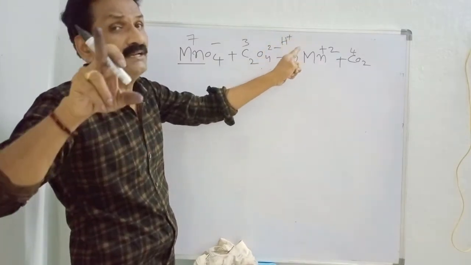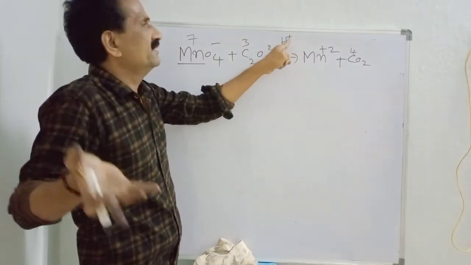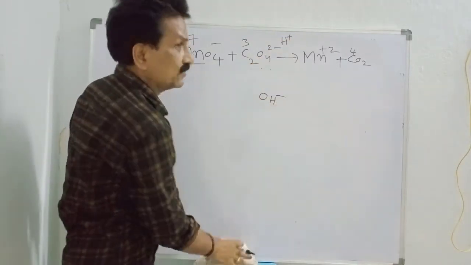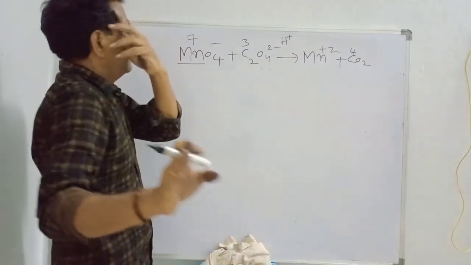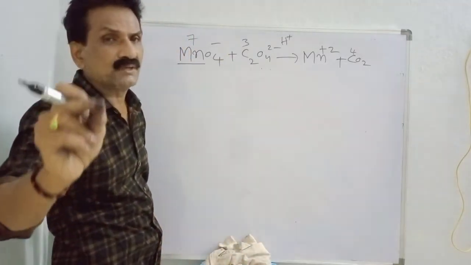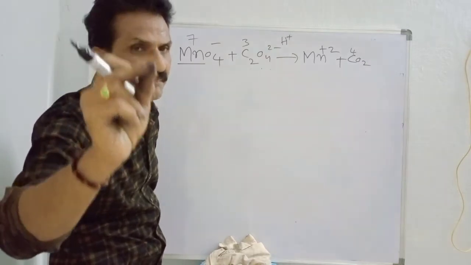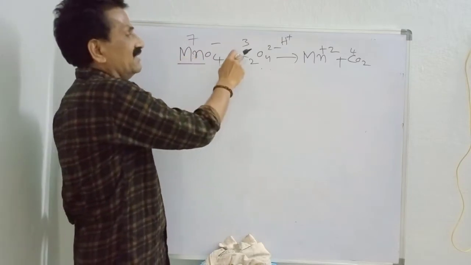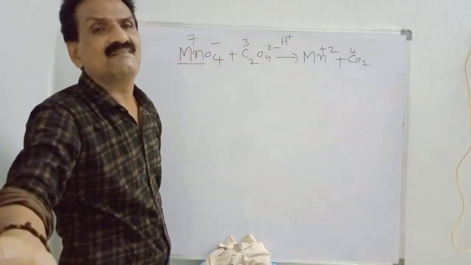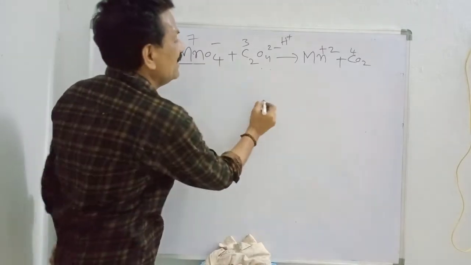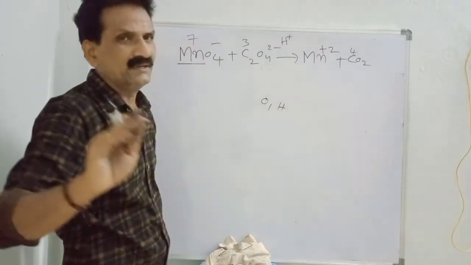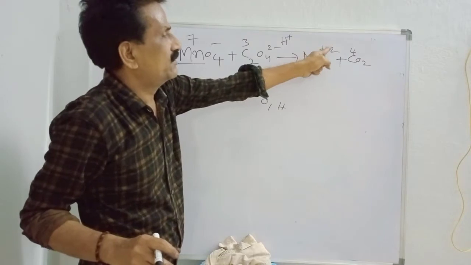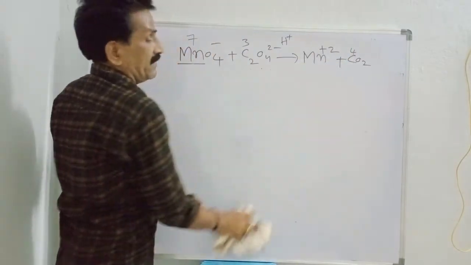Okay. Next. First of all, this is acidic medium. I already informed you, I already discussed it. H plus means acidic medium. If it is OH minus, it means basic medium. So first of all, we have to calculate the oxidation numbers on the central ions, that is manganese and carbon, other than oxygen and hydrogen. Here manganese 7, here carbon 3, here manganese plus 2, carbon 4. So I have done one job.